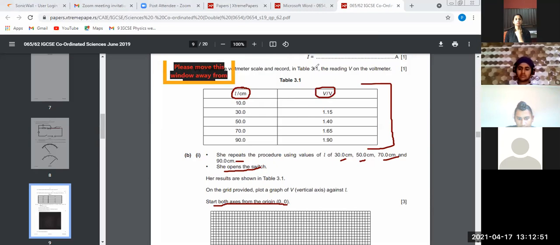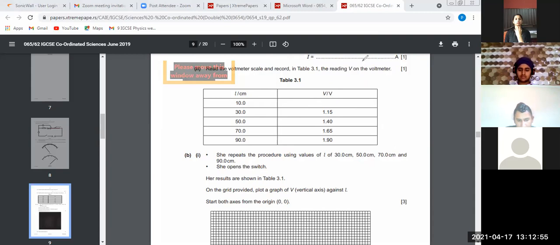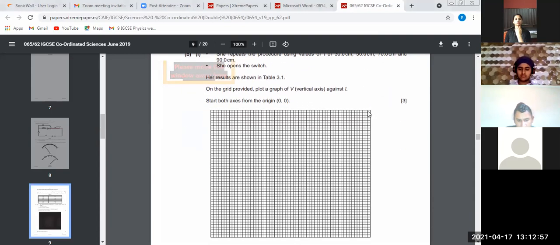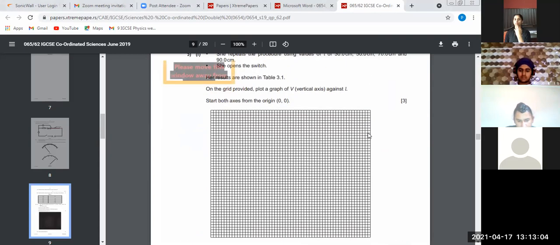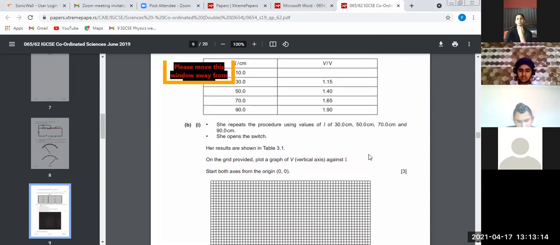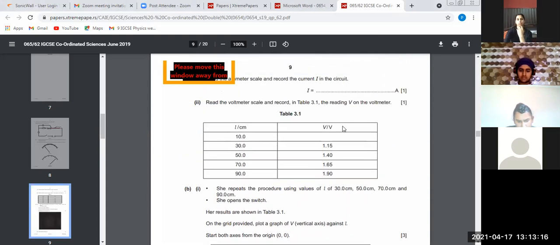Axis की starting कहाँ से होनी चाहिए? Origin से होनी चाहिए. चलिए, let's draw the grid. Draw the graph onto your notebook. I'm going to show you the table. So this is the grid. Fine. You can have it roughly onto your notebook for the timing and do it. So this is the table in front of you. Use the table and draw the graph.